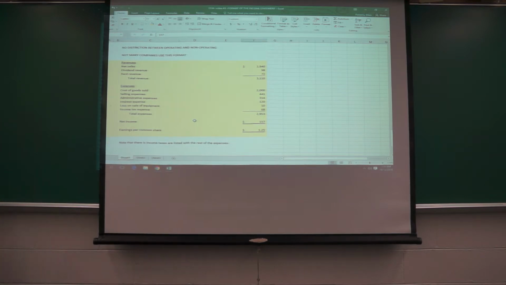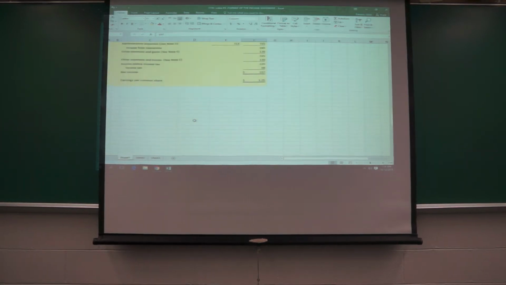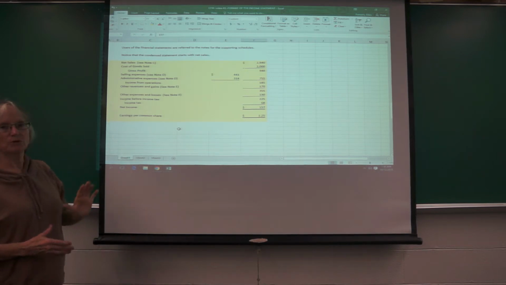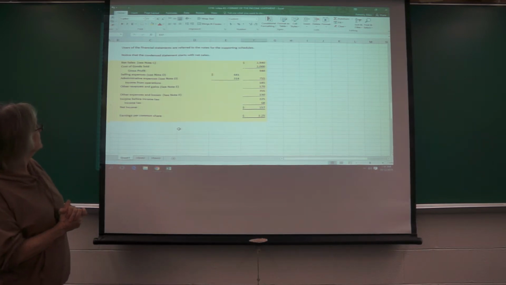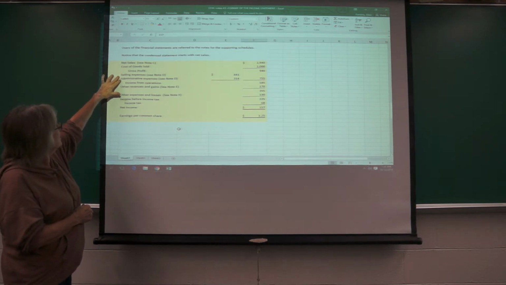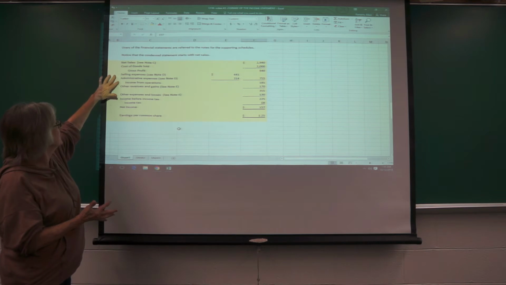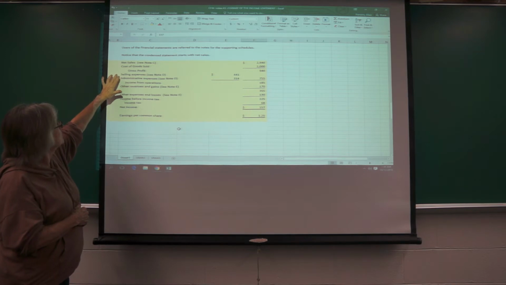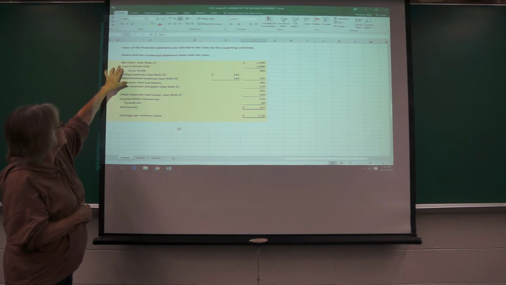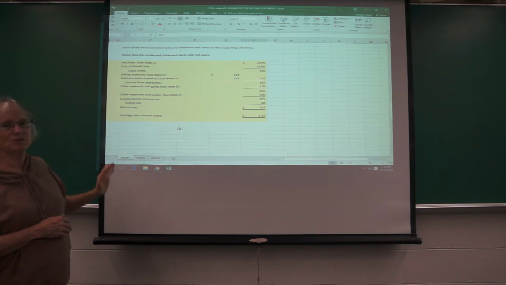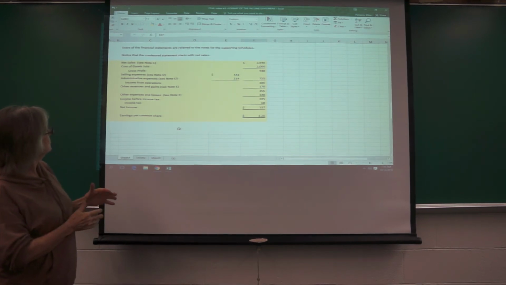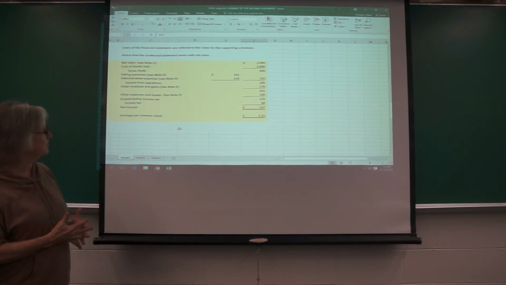Okay, condensed income statement. This is probably one you have not run into before. And this one, again, we're using the same numbers. This provides all the information really in a similar format to the multi-step, except that it does not list out all of the accounts that are selling expenses and all the accounts that are administrative expenses. And then you notice they start with the net sales. So all of the additional information would be reported in schedules, in the notes to the financial statements. So you would have all the detail there, but it just would not be on the face of the income